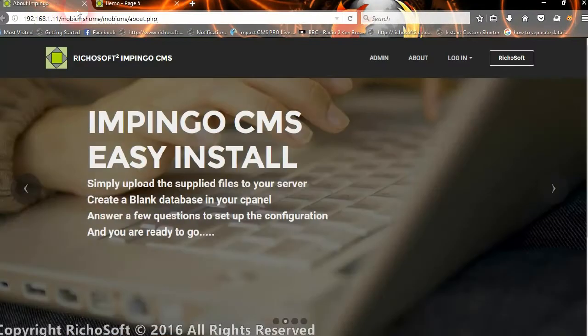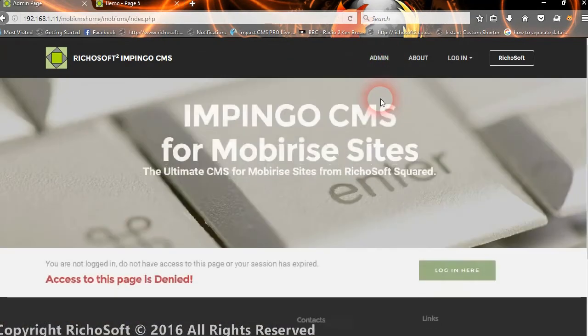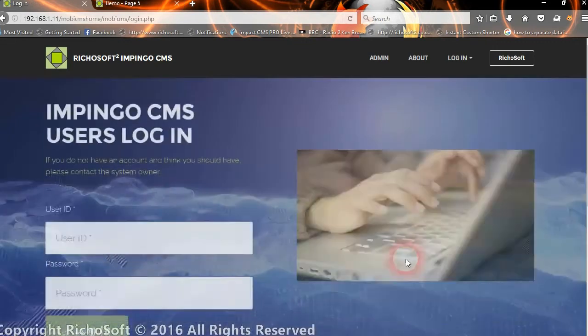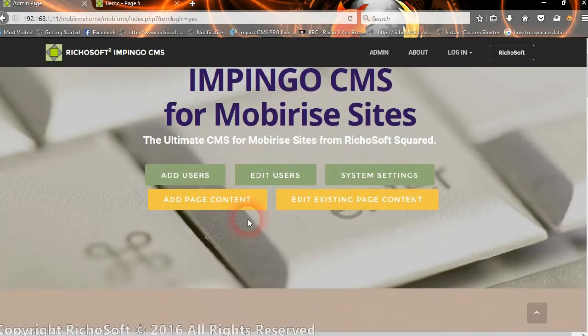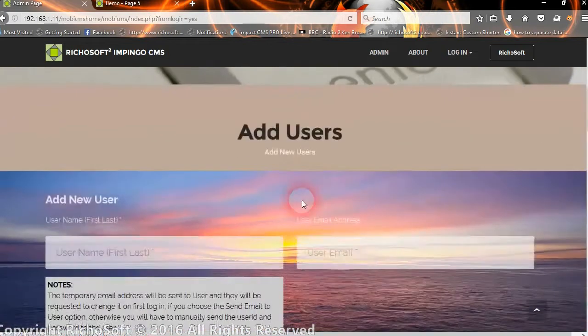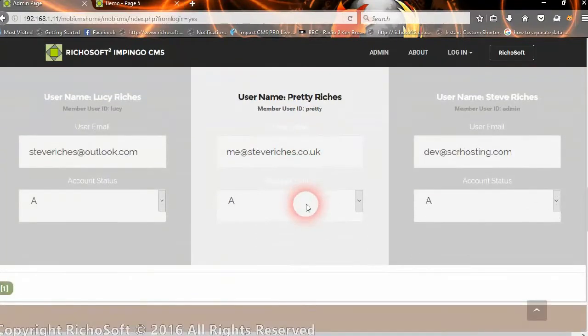So if we look at the editor, which you install in the subfolder of your main site, if we go to the admin page, just need to log in. Okay. So we've logged in, as now you can see the admin user gets the option of adding users, editing users, setting the system settings, and adding and editing page content. And they can add users here, edit existing users here,